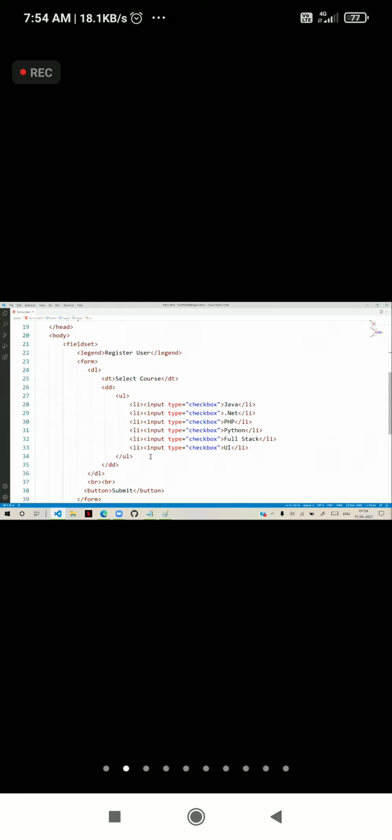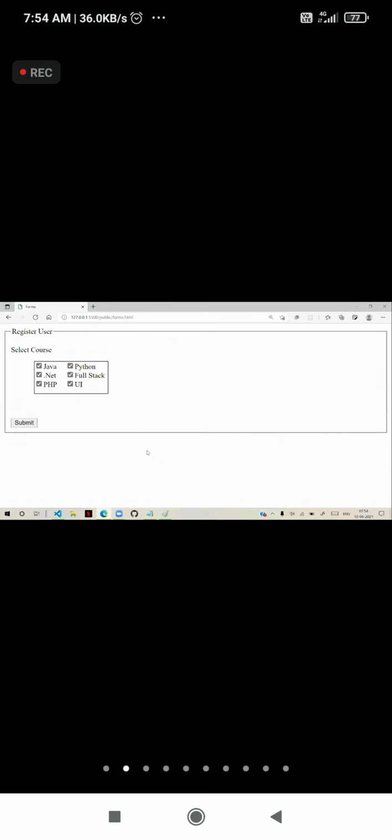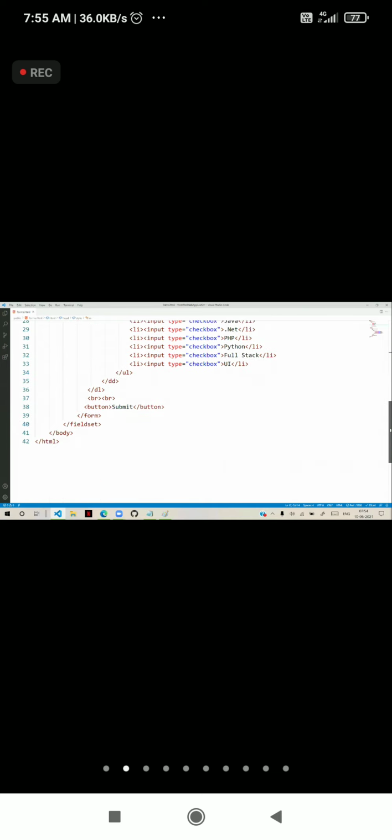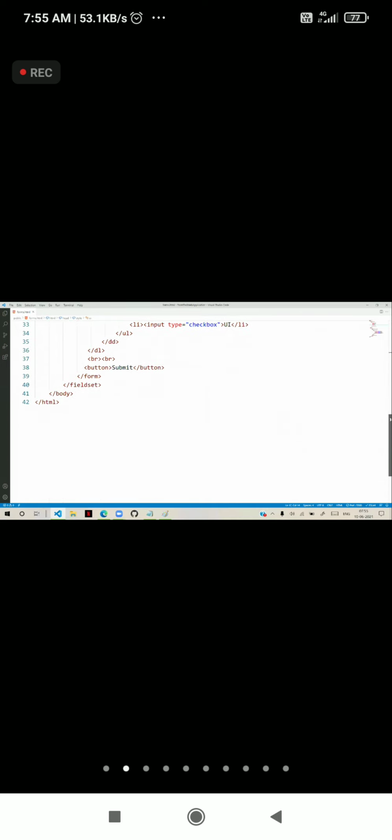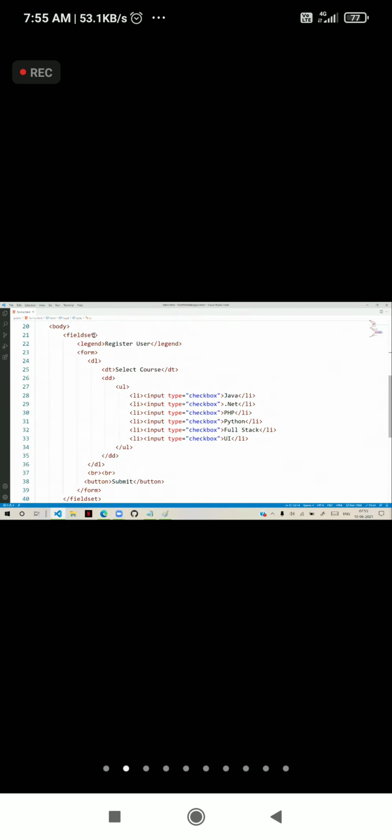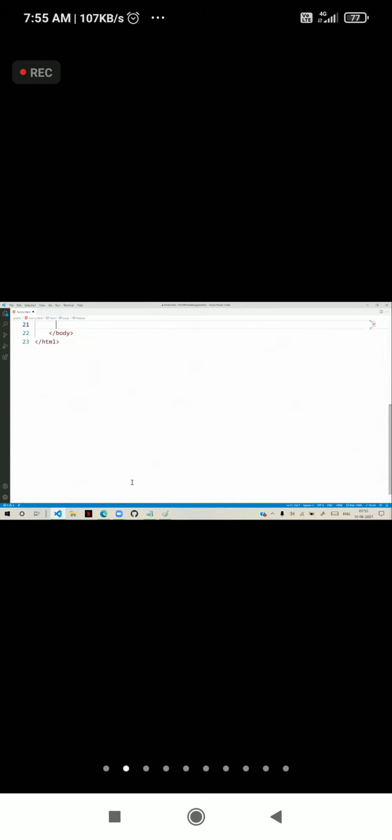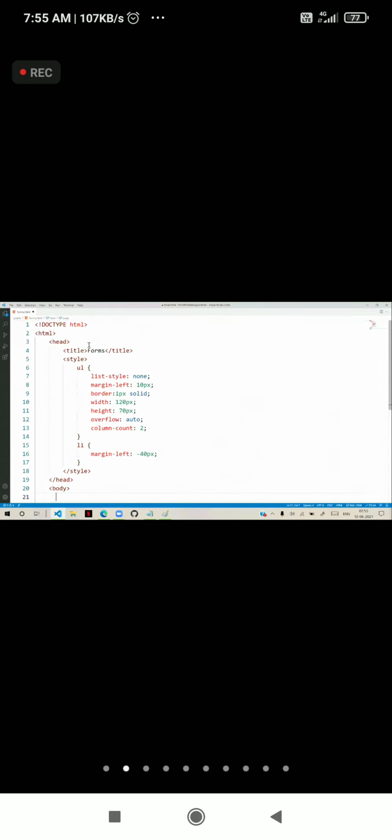While working with checkbox, one more very commonly used option is this. Suppose here I will create another fieldset. Remove the style.